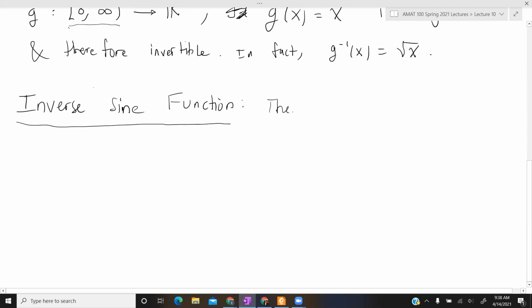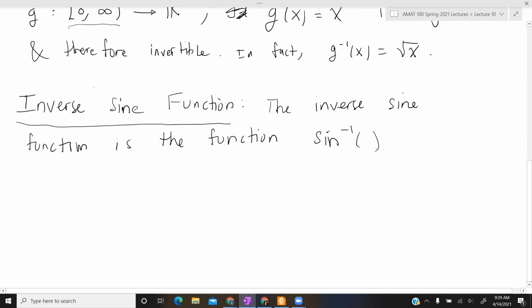The inverse sine function is the function sine inverse, and I'll just put empty parentheses here to indicate that that's where it takes in its values, and it's a function from negative 1 to 1 to negative pi over 2 to pi over 2,